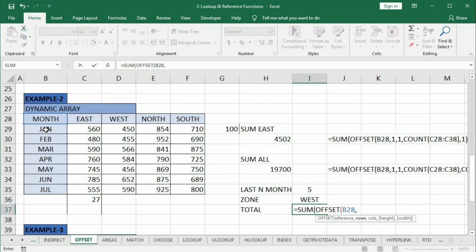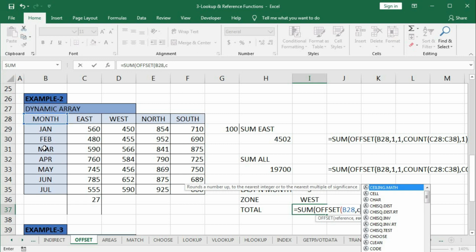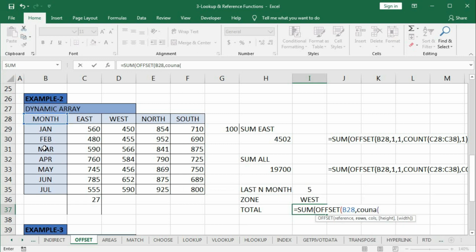So our row will be this one. So from here it will move 1 2 3. So we will not put 3. We will create it in a dynamic way. So type COUNTA, bracket open, COUNTA, bracket open, then we will sum up to here, count all the values here, then minus this one. So this will make us 3, and if I change the value here, this value will be changed automatically,